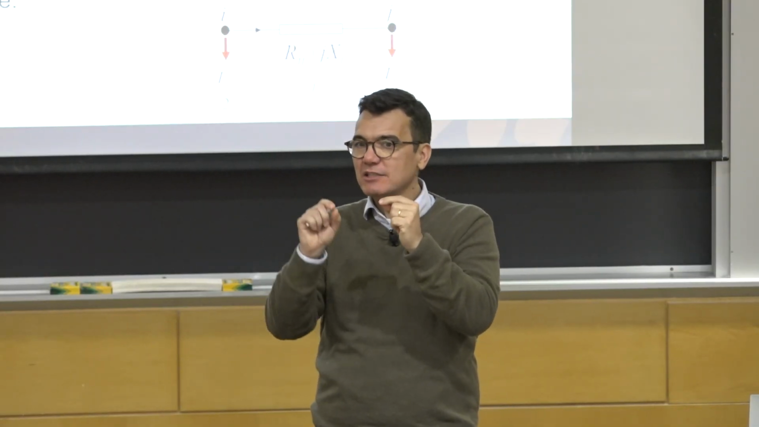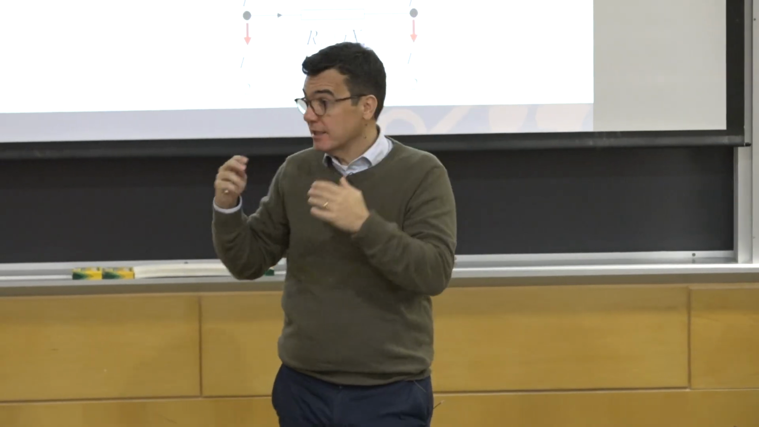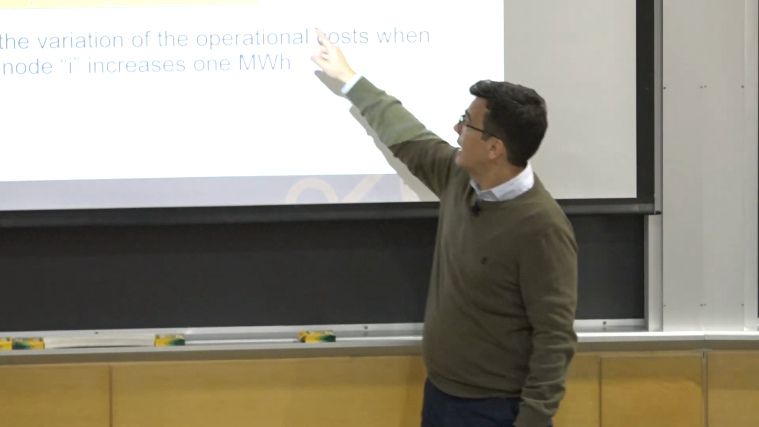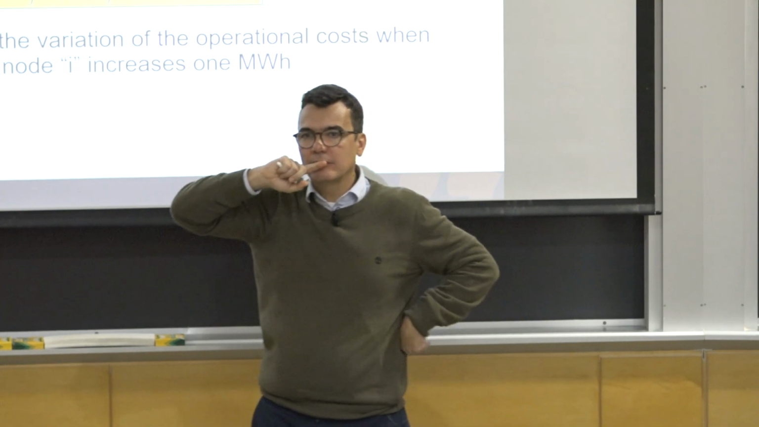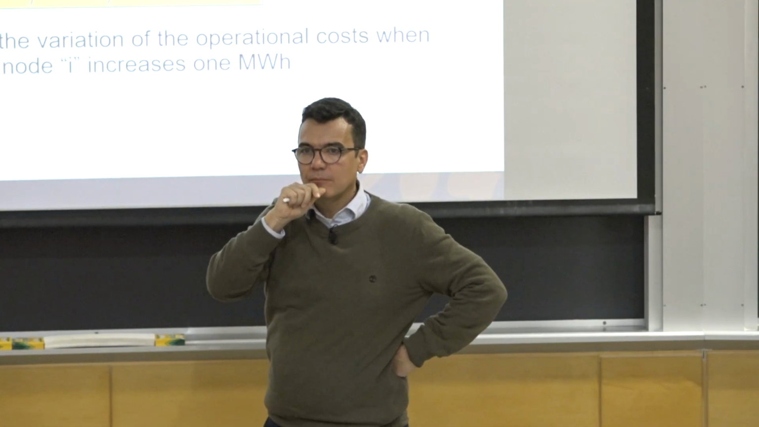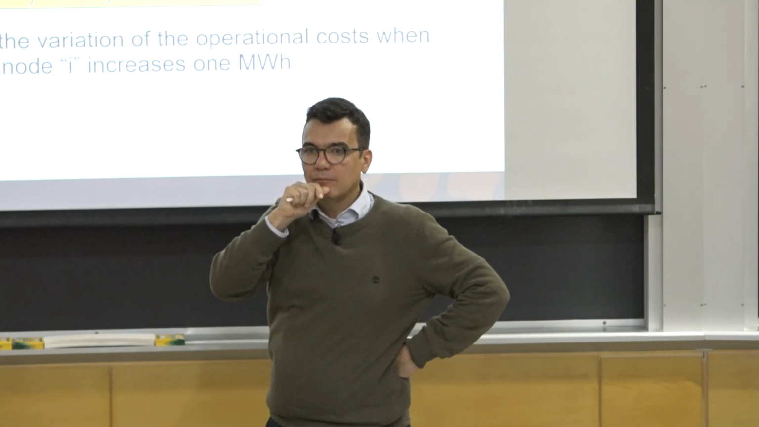Okay. Every constraint has its dual variable, which means the change in the objective function if I change only the right-hand side of this particular constraint while keeping the others constant. So it's not optimization itself. I use dual variables, or at least marginal costs, in all optimization problems to be able to say: if I change this variable that much, how much does my optimization